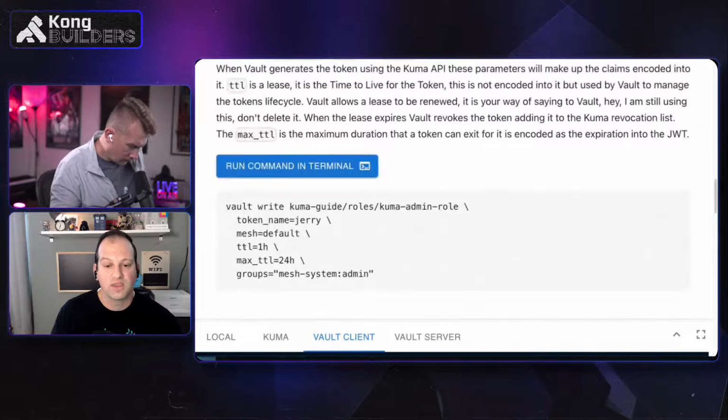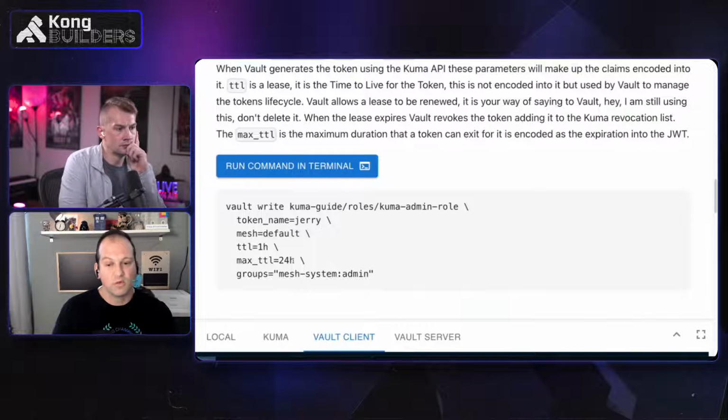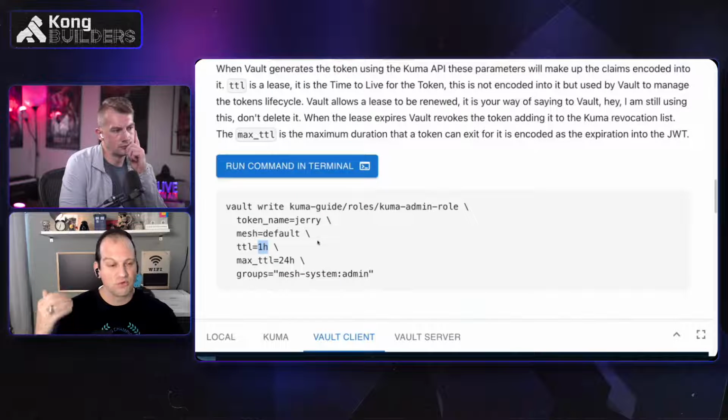We are setting the TTL to 1 hour, but we're setting the max TTL to 24 hours, which means when we mint that token, we're minting the expiration date in that token at 24 hours. That's how long the token itself is good for. But if you don't renew the lease on this token within an hour, then Vault will actually revoke that token.